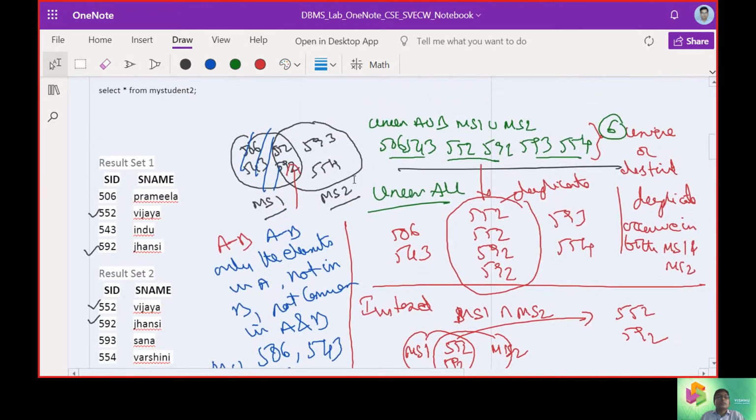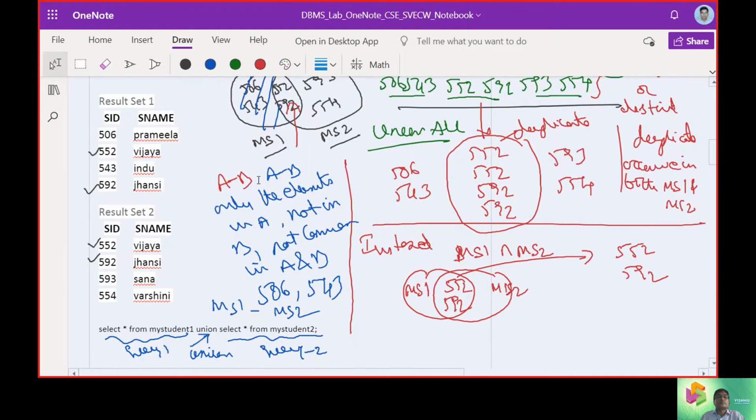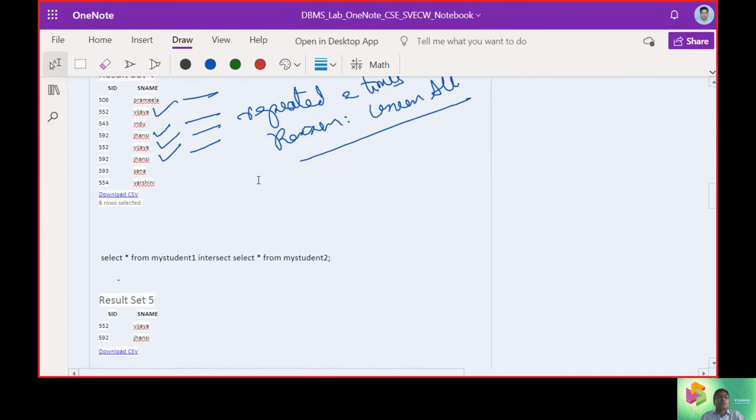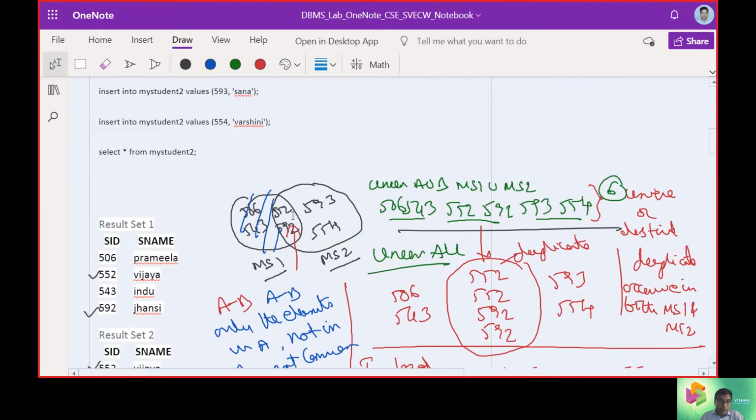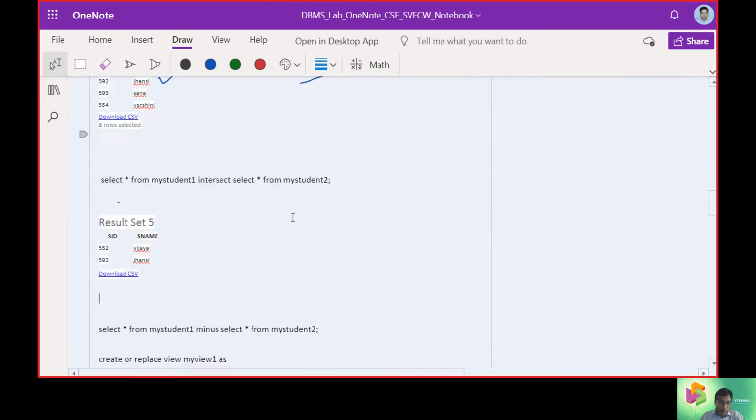Similarly, what we are expecting is that we should get 506 and 543. Only these two records should come when we use A minus B, or my student 1 minus my student 2.